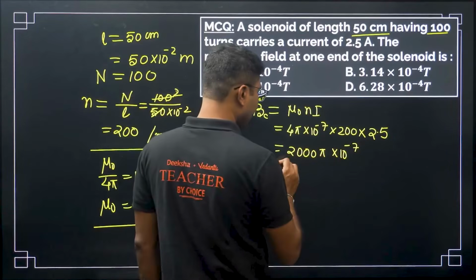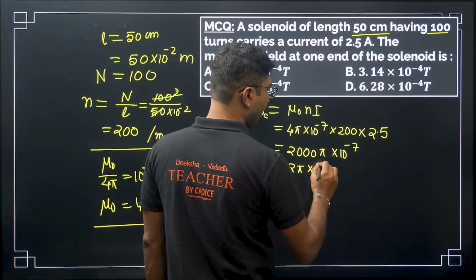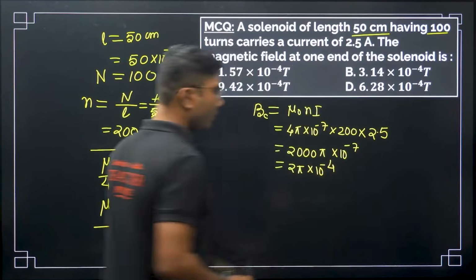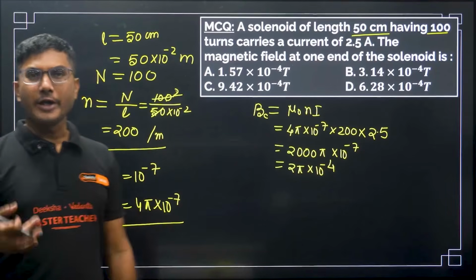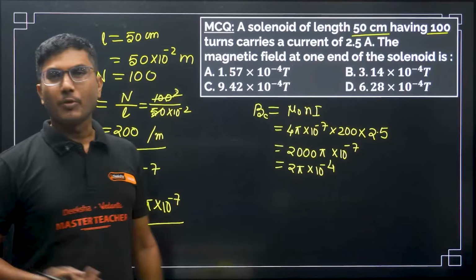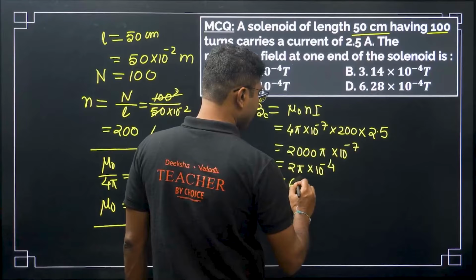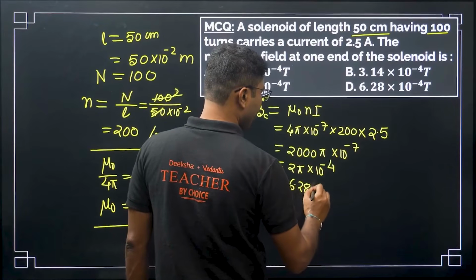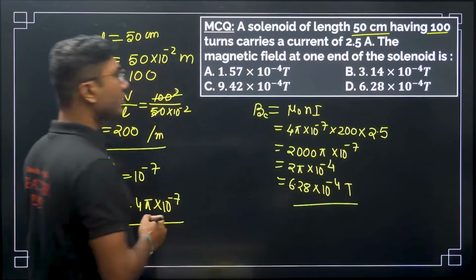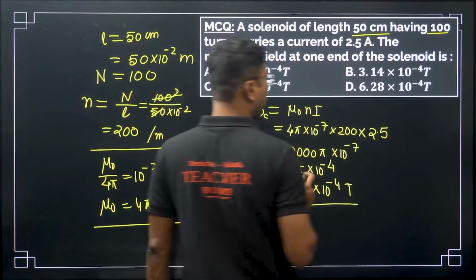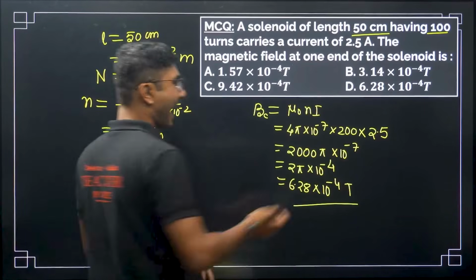Now let's reduce the 10 to the power value. So we get 2 pi into 10 to the power of minus 4. Pi is 3.14 approximately, so 2 pi will be 6.28 into 10 to the power of minus 4 Tesla. This is the total magnetic field at the center. The magnetic field at the end,